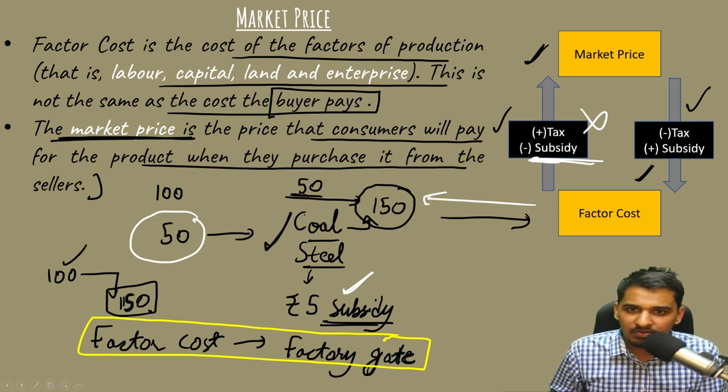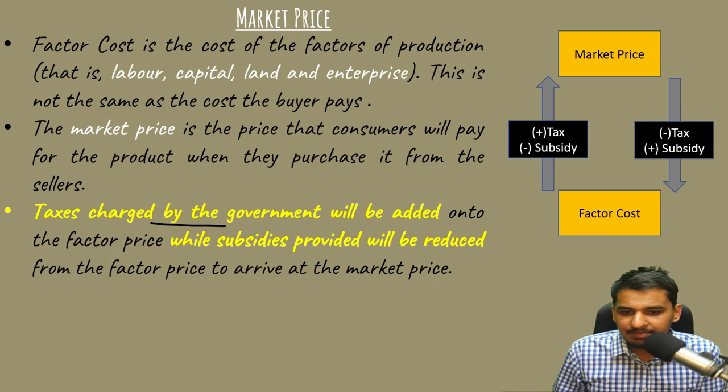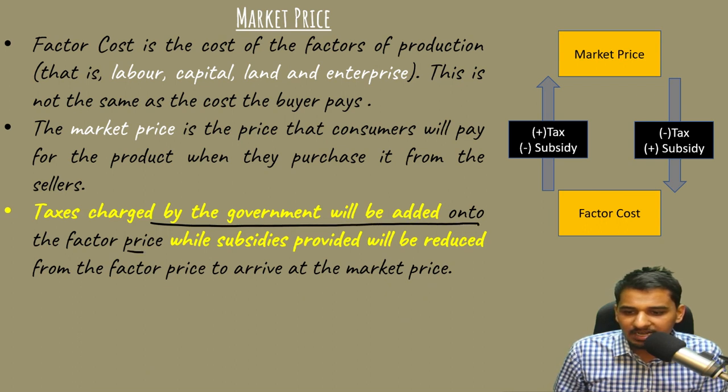If the coal is of 100 and you are getting it for 150, or if the steel is of say 45 and you are getting it at 40 rupees, something like this, you will take this 40 and 150 in your factor cost. Please remember. I hope this is clear. Taxes charged by government will be added onto the factor price, while subsidies provided will be reduced. But these